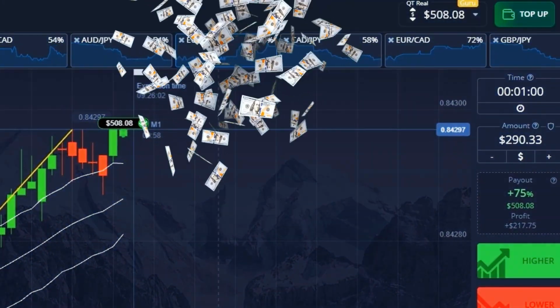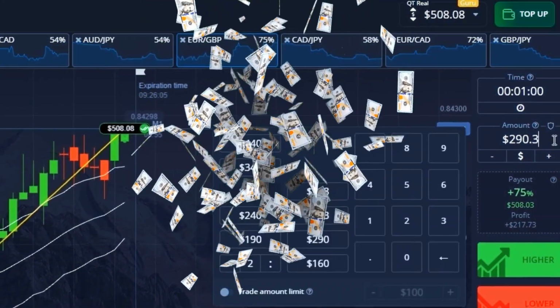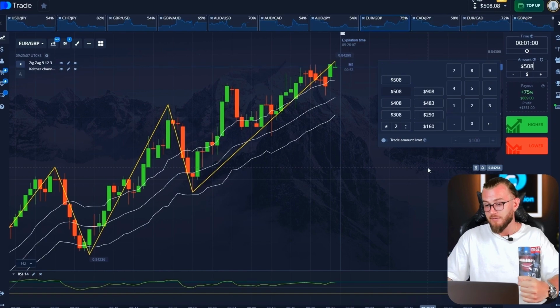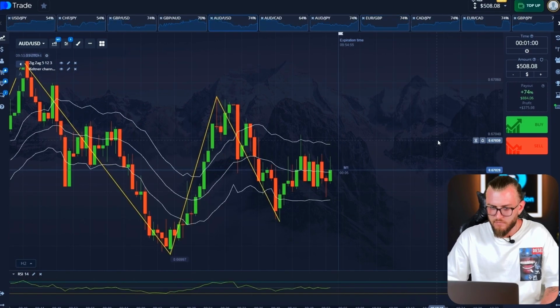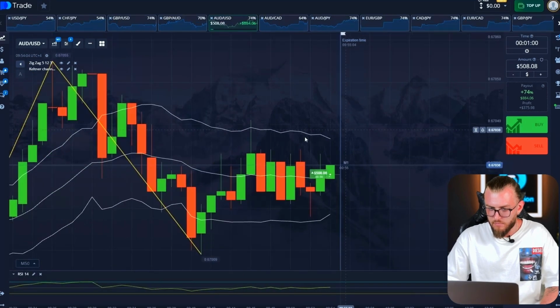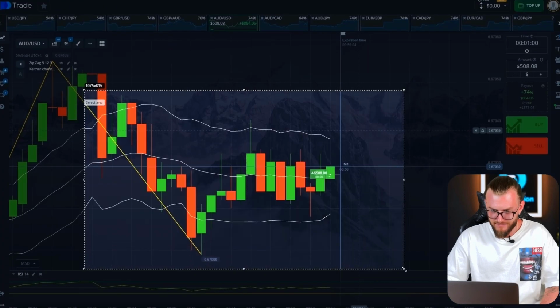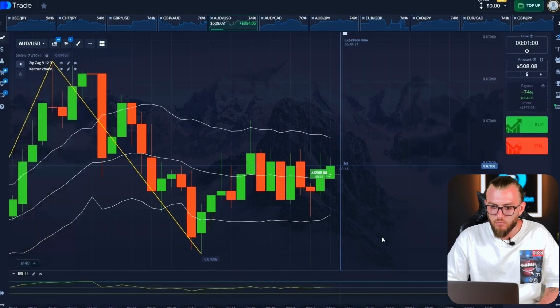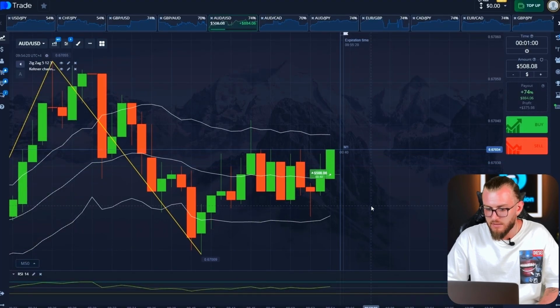Another deal in the plus, friends. $508 on the balance. Moving on to find the next one. Let's go. Quite good. All attention on the Australian dollar to US dollar chart. I'm going long, and now I'll show you the logic. On the chart, we see an interesting structure called consolidation. The price has slightly risen, started trading tightly in a narrow range. Everything indicates that the quote is aimed upwards one way or another. That's exactly why we are in the trade.